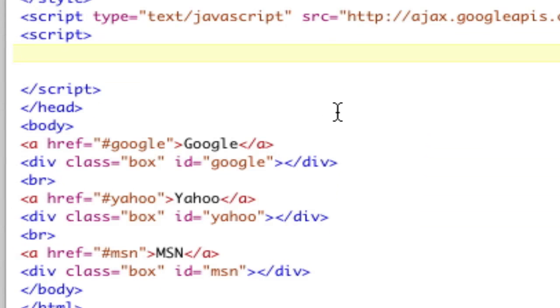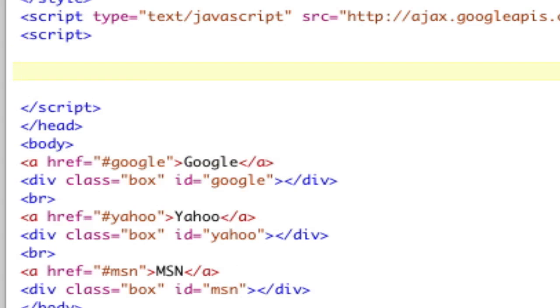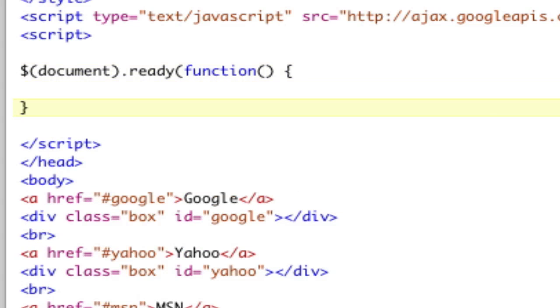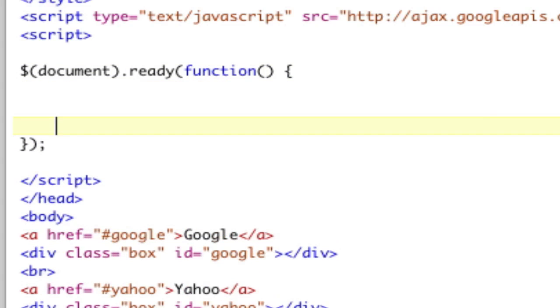What's the goal here? When you click a link, I want the background of the box that it belongs to, maybe it would be a tab, to change to green. Okay, so let's just put that in a document.ready. That way this happens when the page loads, like that. And then we want to do this to all A tags just because we don't really have anything else going on. So when you click an A tag,